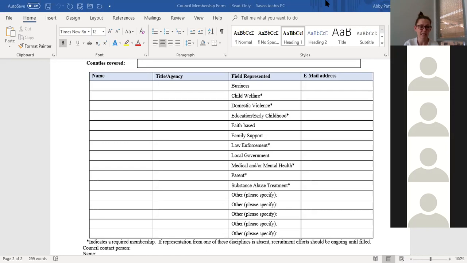I did see a question just pop up about where folks can find renewal forms. If you have not gotten renewal forms, let me know, Patty. I will send them to you, or I'll forward them to you.